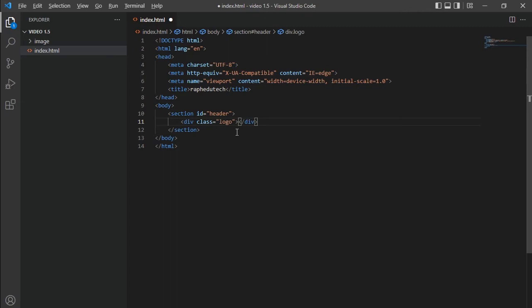Then in this div, we want to make our logo clickable, so that if we click on it, it takes you back to the beginning of the site, the first page, in case we create many pages in the future, like the home page and others. So inside this div, we want to create a link, so that if you click on it, it can take you back to the home page. So what we're going to do here, inside this div, we're going to create